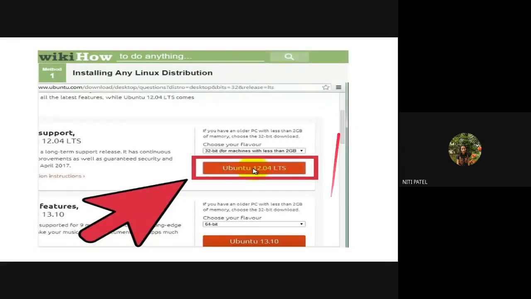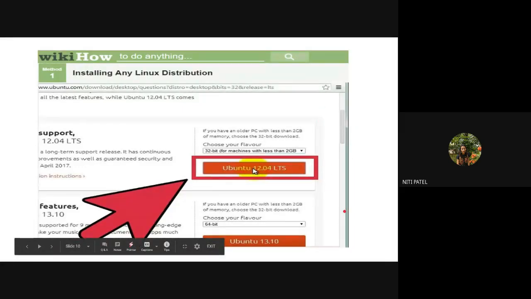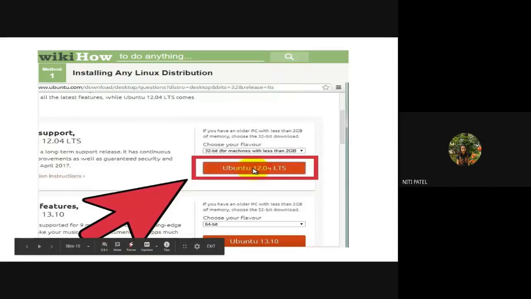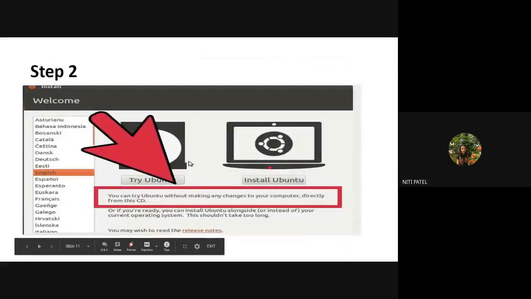If you scroll, you will get to see all the versions which are already there in the market. So if you see, you see this Ubuntu 13. Even if you scroll, you will get to see 14, 15, 16, and all the different versions. So whichever you want, you simply click on that particular version. It will start the downloading.